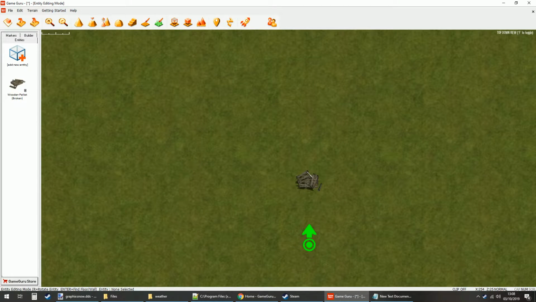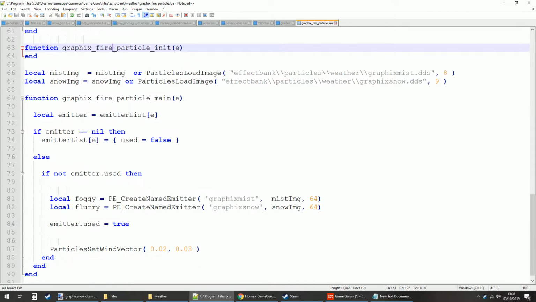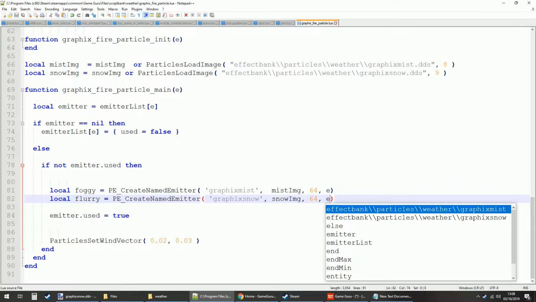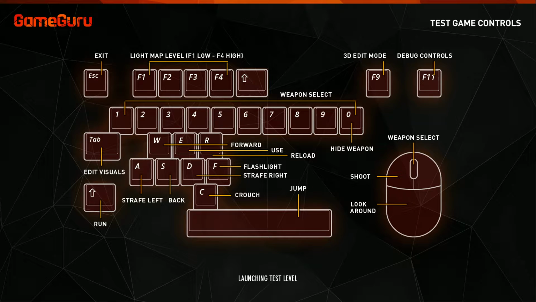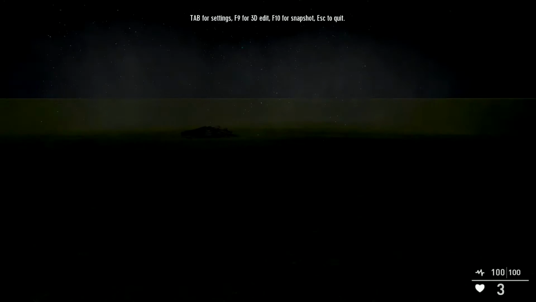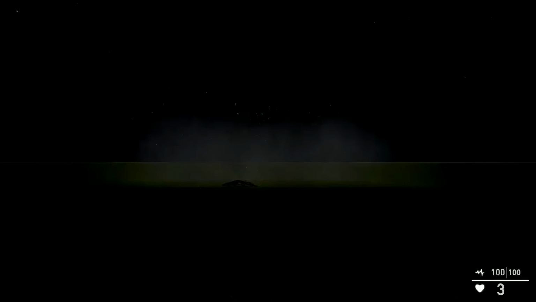the palette itself. So we're going to change that by coming down here to where we're creating the named emitters, and basically you're just going to add comma E to the end of both. And if I run that, you'll see that it's now in a sort of box around the palette, and if I move away it no longer follows me. We can see what we're dealing with